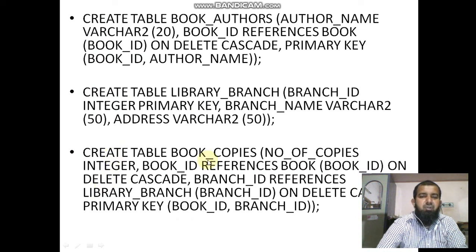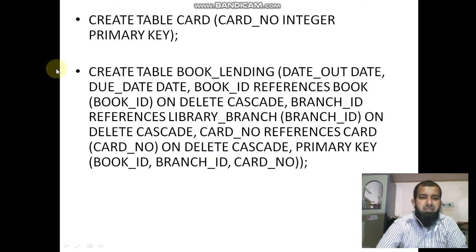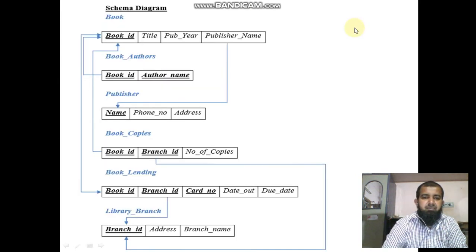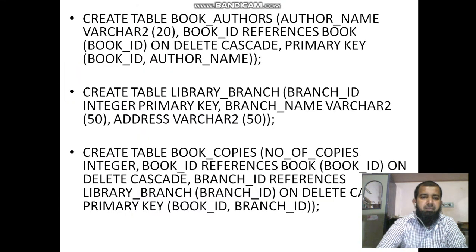Next, book copies. Book copies contain what? Book ID and branch ID, both primary keys, and number of copies. So create table book copies. Number of copies is integer because it contains numbers.